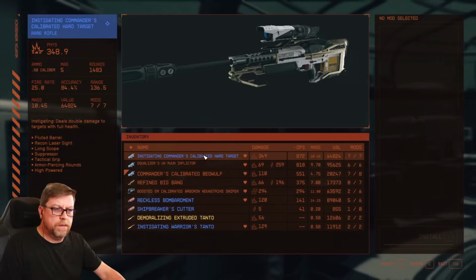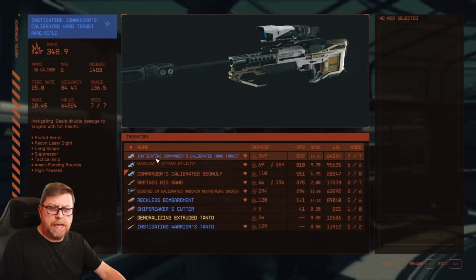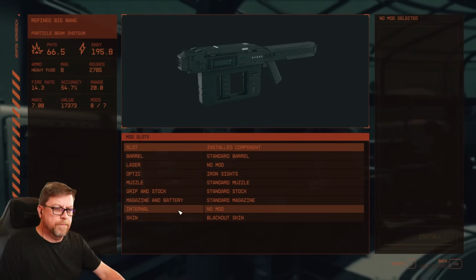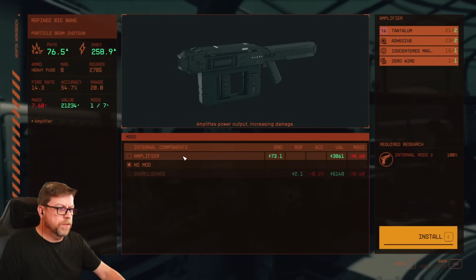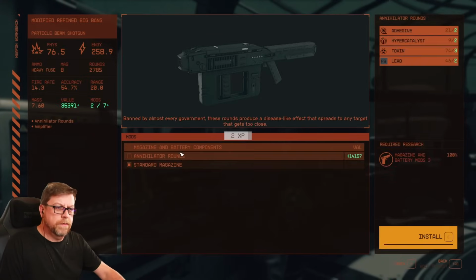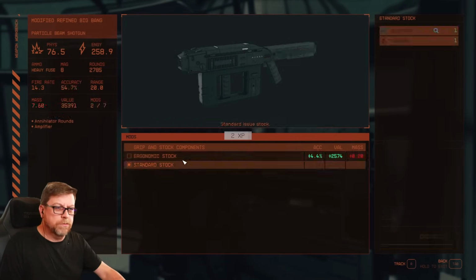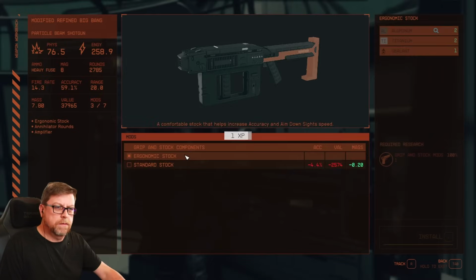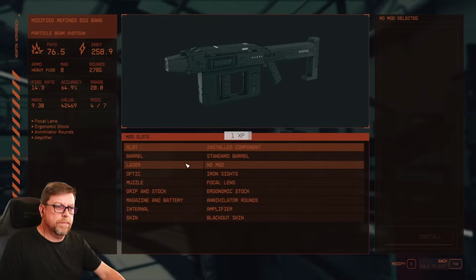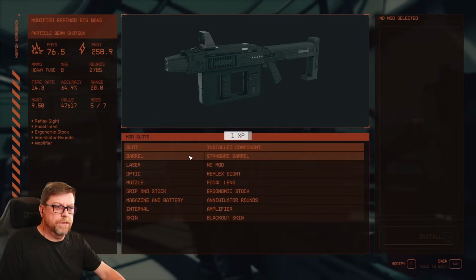What do we have here? Speaking of, that's the Inflictor I picked up last time. I did happen upon this Instigating Calibrated Hard Target. That's not an advanced, the refined Big Bang. Clearly, we should amplify that one. Yes, good to be sure you are getting the best performance. And put Annihilator rounds in it because, you know, legal, schmeagle, why would we care? I'm not sure I'm going to use this thing a lot, but I hope I have enough material to go ahead and...